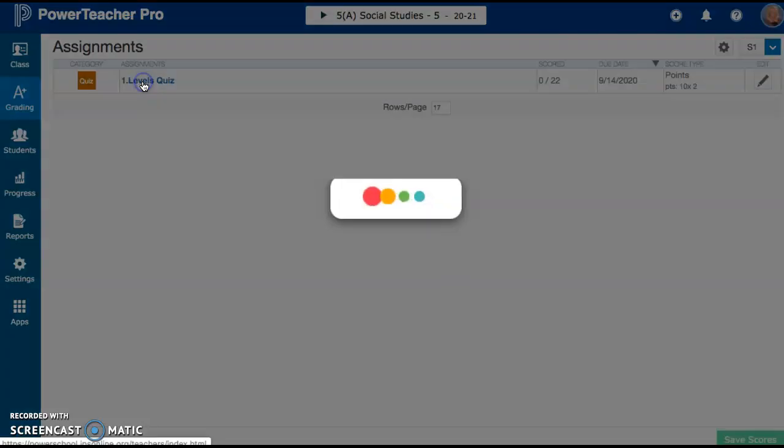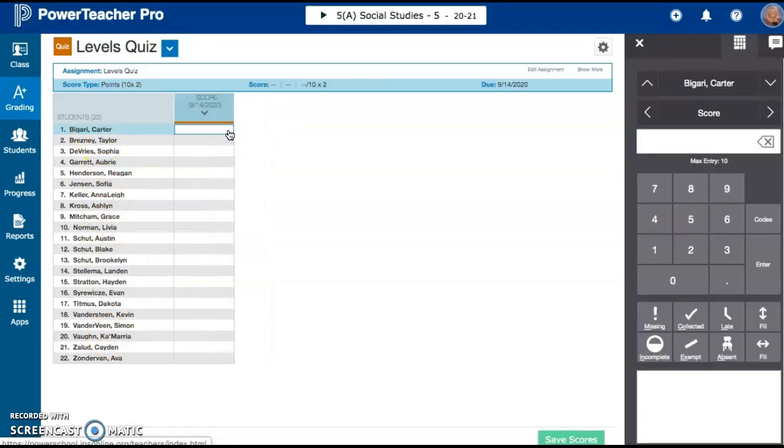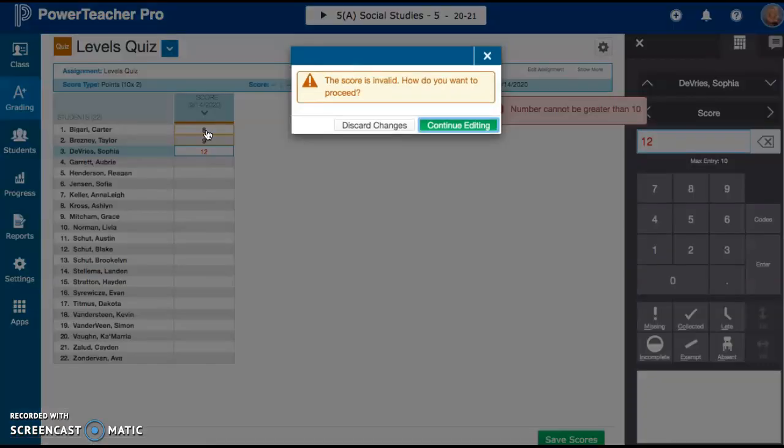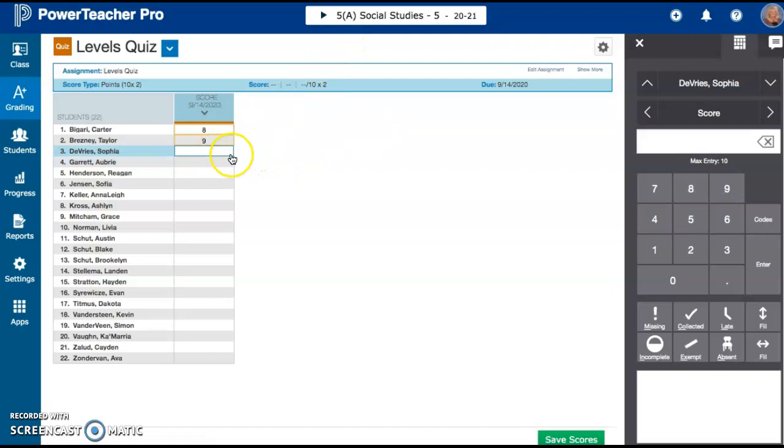I typically just click here on Levels Quiz, and it will show you all of your students and their score. So then you just come over here, and if Carter, on the quiz it was 10 points, so he maybe got an 8, maybe Taylor got a 9. Sophia might have gotten a 10, but she also had the extra credit, so then Sophia has a 12. And now the score is invalid because I did not enter that she could get 2 extra points. So you would have to go in and change that weight if you wanted to. So maybe she got 10, maybe she got 9, and you just go through and click,